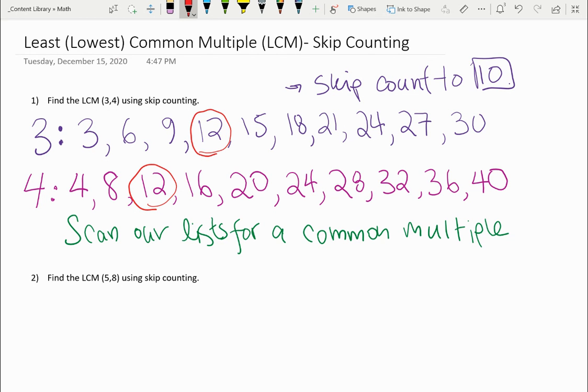But let's keep going for formality's sake. I'm just going to be scanning. Oh, look at that. 24. 24 is also a multiple of 3 and a multiple of 4. Oops, I'm going to do that circle a little bit better here. 24. There. So we can keep going, but what we're concerned with finding here is our least or lowest common